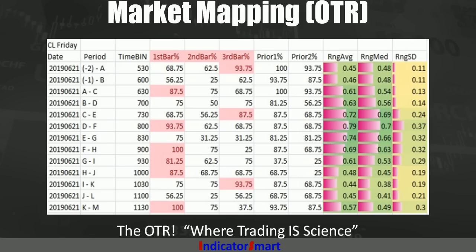So we knew this morning, 93.75%, that A period was going to break out. And it's actually 100% right here that it was going to break the prior period. It was a -1 period. But it's 93.75% that it was going to extend out in the same direction that it had gone prior. And we also knew that the range at the end of that should be about 45 to 48 ticks, somewhere in there. And we also know that CDE is likely to walk,